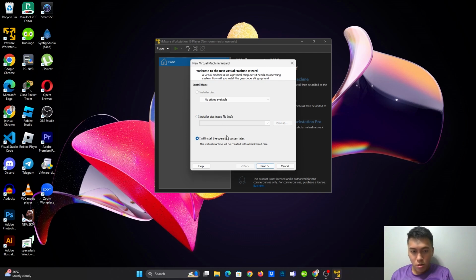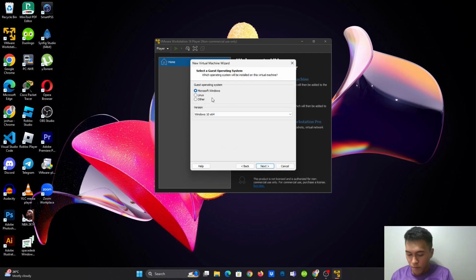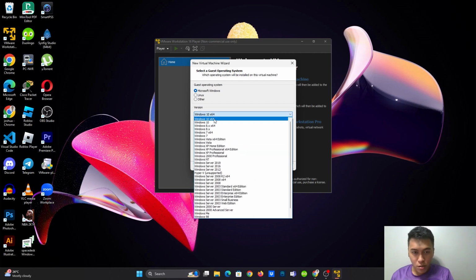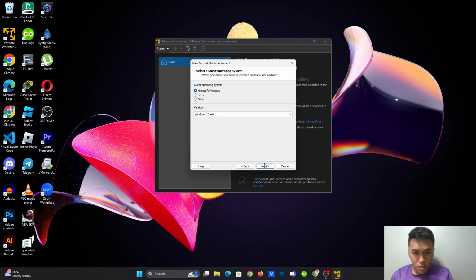Then click next. Select Microsoft Windows as the guest operating system. Select the recent Windows Server version. Next.